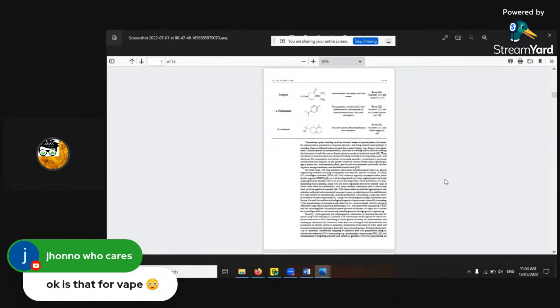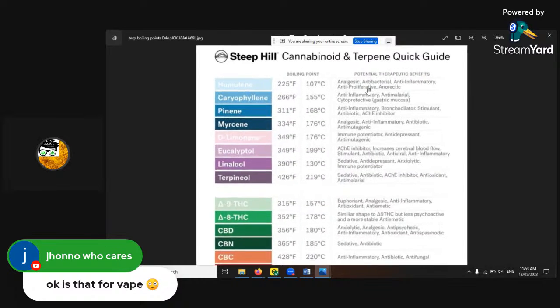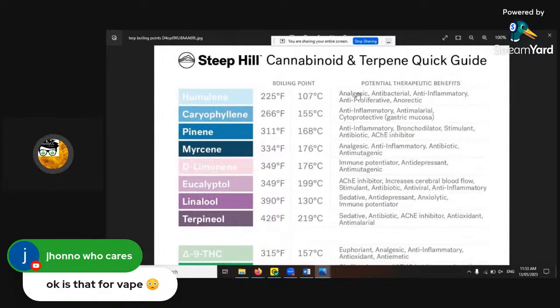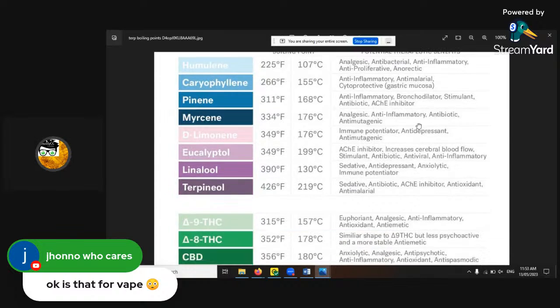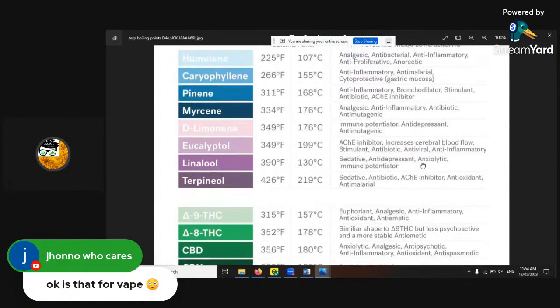More temperatures. Here we go. Humulene is very low, just above boiling point, about 107 Celsius or 225 F. And that's some of its good properties in there. All this, anti that. That's why medical cannabis used properly is so medicinal. Look at all these anti-immune protectors, blockers, inhibitors, sedatives, helping this, helping that, it's just excellent. And for me, having epilepsy, antispasmodics are just so effective.